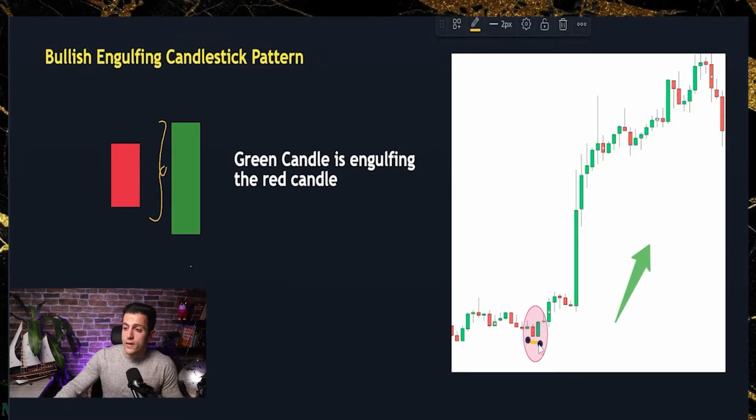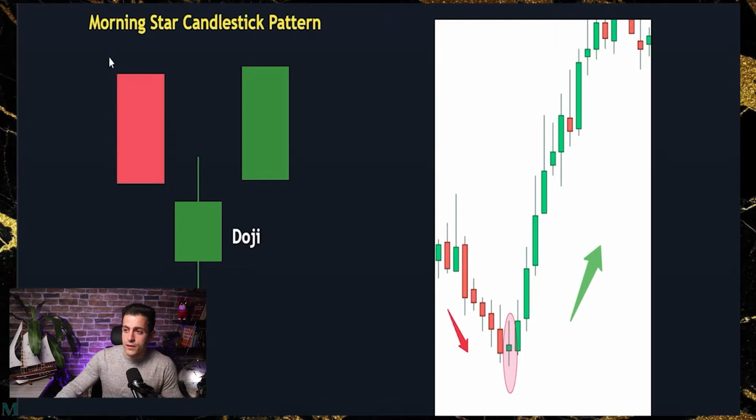Moving on to the morning star. It is my all-time favorite pattern among those because the majority of the time it has a higher level of accuracy, let's put it this way. It consists of three candlesticks. One of them is bearish because we are in a continuation of a bearish movement, followed by a doji,